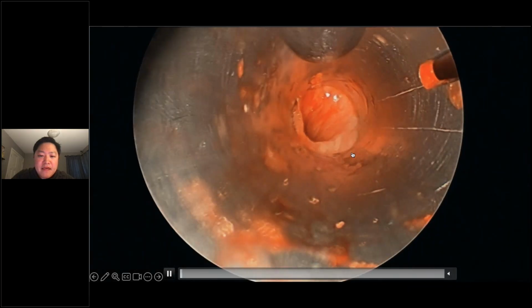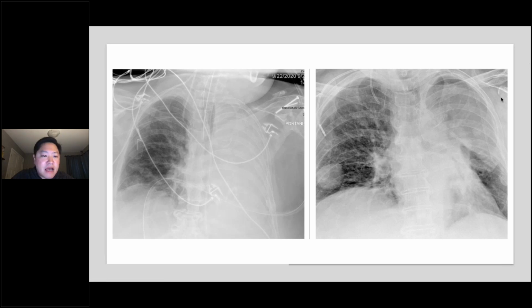Okay. And then the patient did well after that debulking and stenting procedure. You can see before the intervention, which is on the ventilator, obviously, and then on the right, there's a left main Aero stent. You can see the left lower lobe opened up pretty nicely, the big mass in the lingula and left upper lobe. And the patient was extubated and underwent treatment for advanced stage lung cancer.